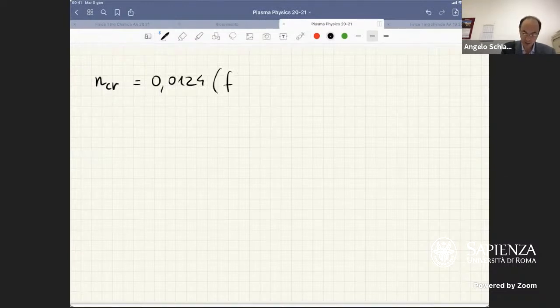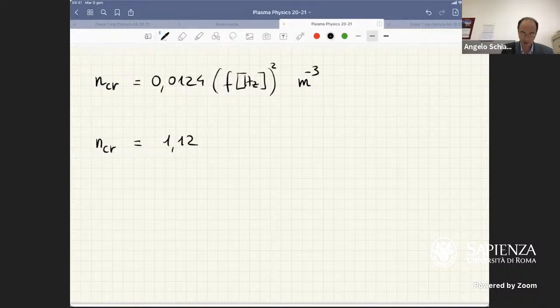The frequency of the wave measured in hertz to the second power times, and this is expressed in electrons per cubic meter. So this is, in the International System of Units, a practical formula for defining the critical density. We can express it as a function of the wavelength as well, which is the most usual one. So we can rewrite the critical density as